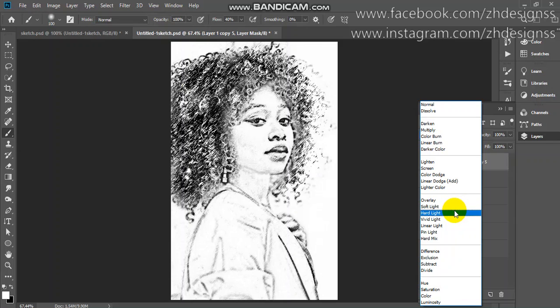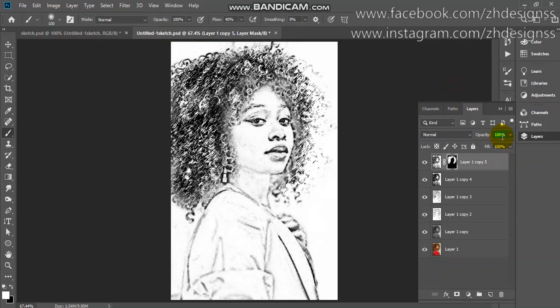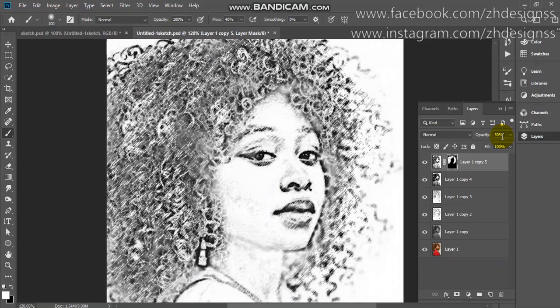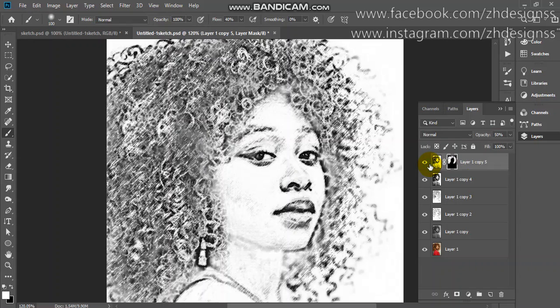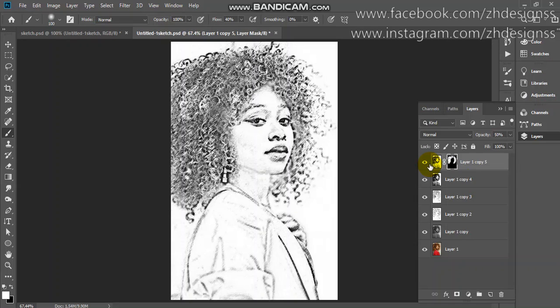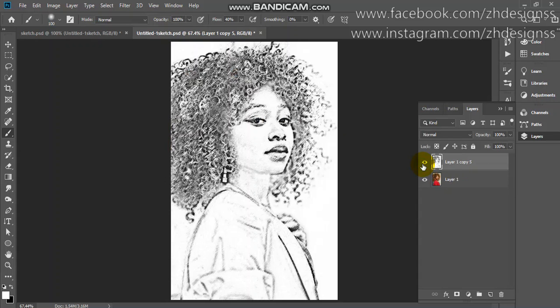We just need to check the blend options. I think we should reduce the opacity, so let's check 50%. Now it is looking much better. If you zoom in, you can see a vertical line effect. If you turn this off, it looks like this, and if you turn it on, it looks much better. So here is the final sketch. Let me first merge all the layers. Here is the before and here is the after, which looks much more realistic.